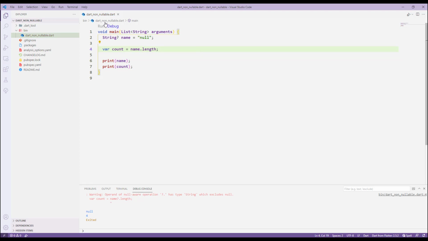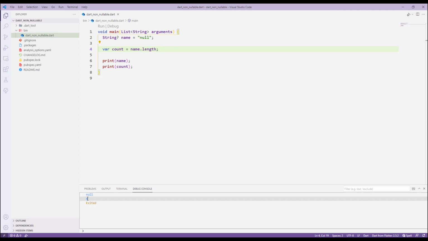And then if I try to run my application again, you can just get, without any warning, a null and the 4, which is the count of this particular 1 2 3 4. That is the length of the value that we have inside our name. And also, let's say if you have a null over here,